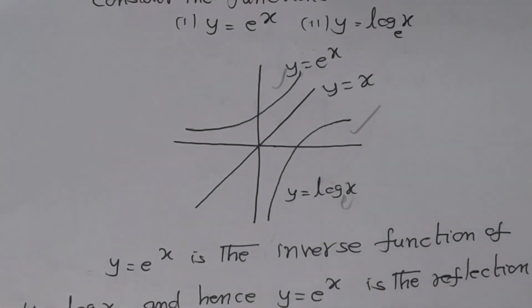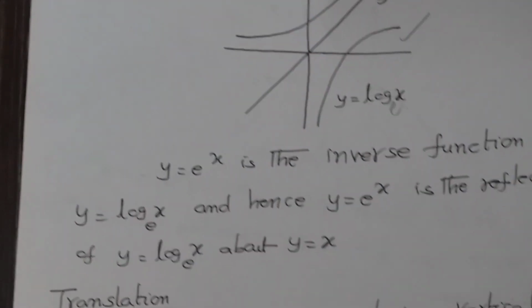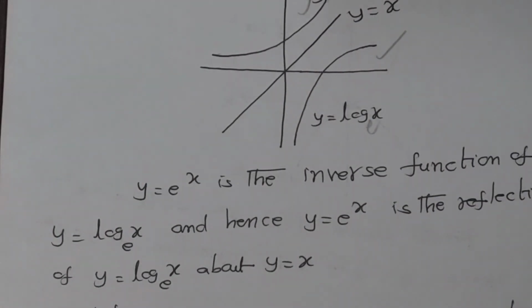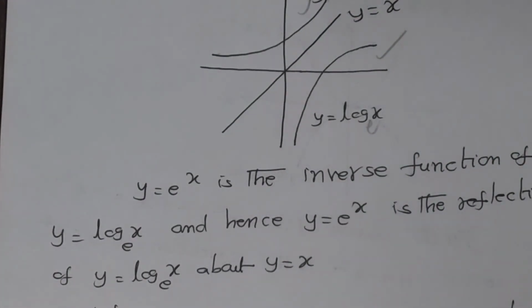But don't worry, this we are not studying much. We are studying only previous two cases. Okay, but examples they are given. Okay, students. So what you should understand here? There are three kinds of reflections. Reflection of f of x about x-axis, reflection of f of x about y-axis, reflection of inverse function. Okay, so one is the inverse of other. Logarithm function is the inverse of e power x. That's why they will reflect about the line y is equal to x.